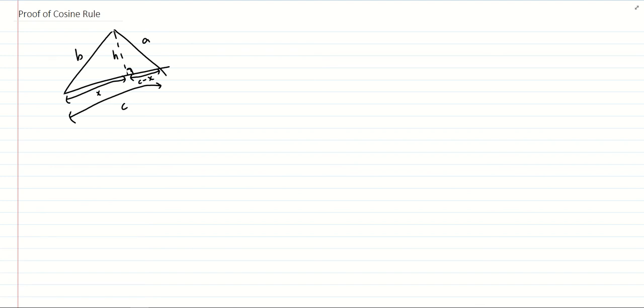You realize that there are two right angle triangles. We have this right angle triangle over here, and we have this blue right angle triangle over here. But they share a common height itself. So what we can do is we can equate that. We can say that, by Pythagoras theorem,